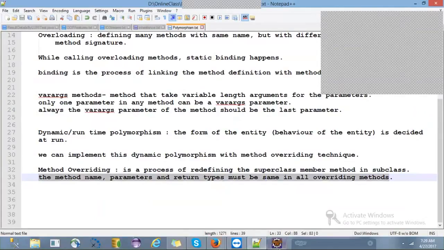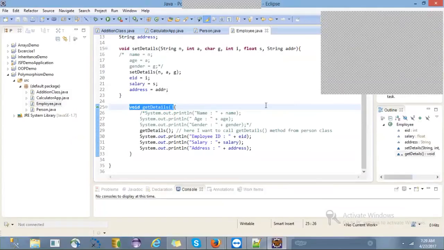Here, how many copies of the get details method do we have? Two copies. One is in the superclass person, and the other is in the subclass employee. In both places the return type, the name, and the parameters are all the same, right? Now you understood, right?